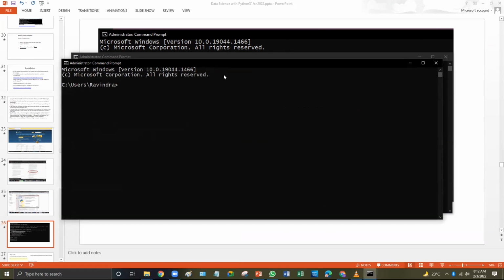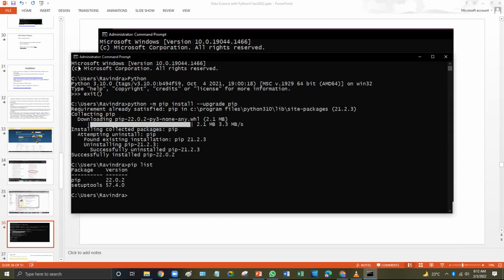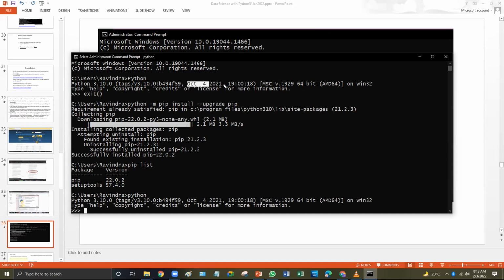Okay, and if you press enter, you land here. This is what we normally call the administrator command prompt. I'm an administrator on my desktop. Here it tells me what type of Windows version and so on. And when I type Python and press enter, I get the version of Python, whatever is available. If I type Python again and press enter, this is how the version has changed from last time.